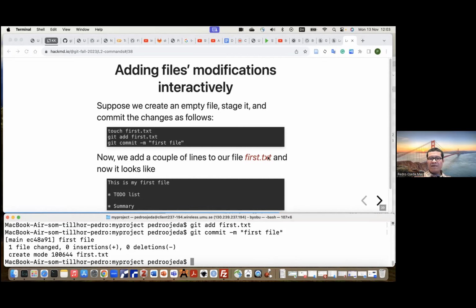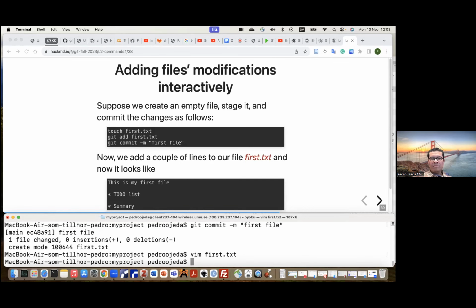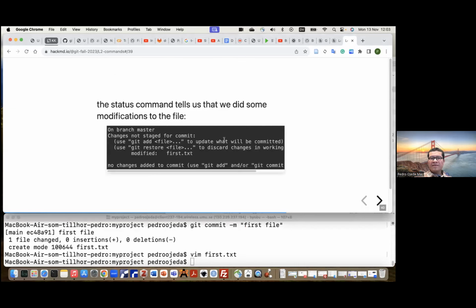Okay, now let me add some lines to this file. Okay. And then